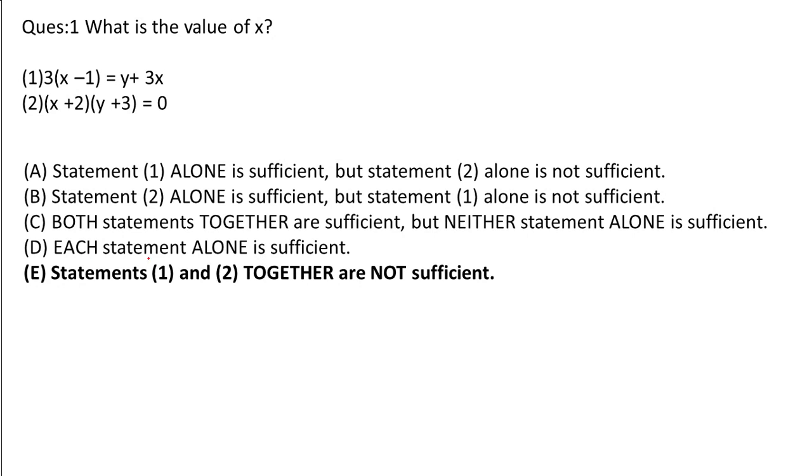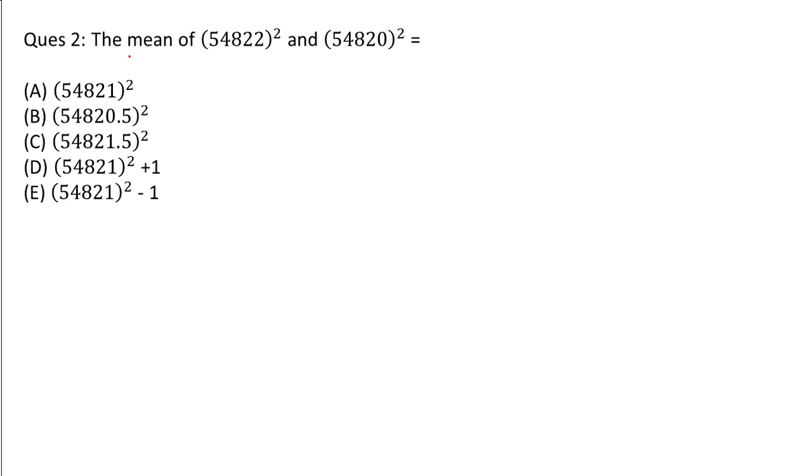The answer to the question is option choice E, that says statement 1 and 2 together are not sufficient to answer the question. Now let us move to the next question. Question number 2 says the mean of 54,822 to the power 2 and 54,820 to the power 2 is equal to. I need to find the mean of two very huge numbers and the option choices are as follows. Now clearly I cannot calculate the value of